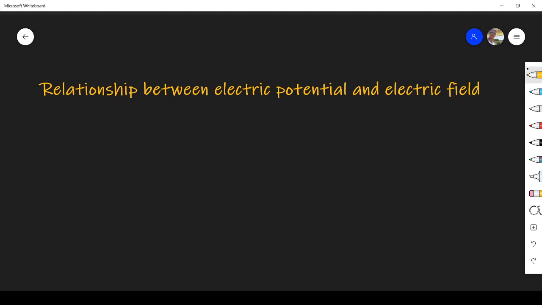Hi students, welcome to the session on the relationship between the electric potential and the electric field. We know electric potential is V, electric field is E. We are going to see that only. Already we know V is equal to minus integral of E dot